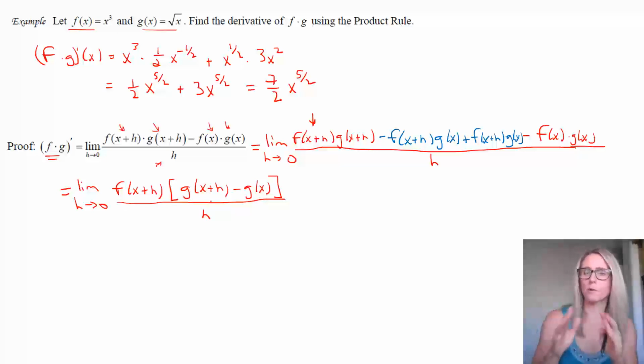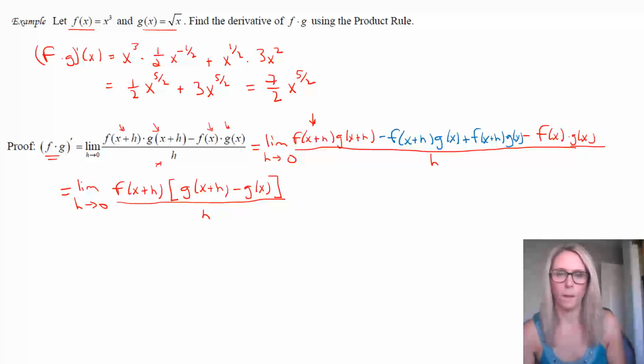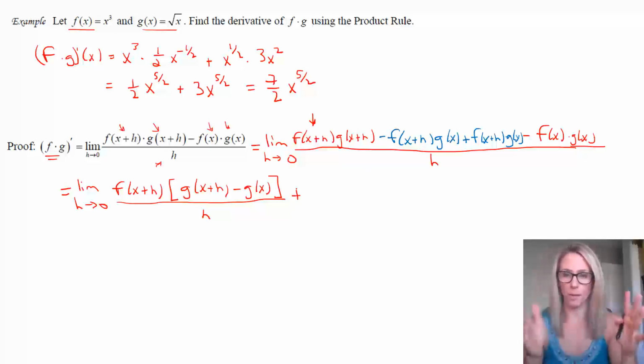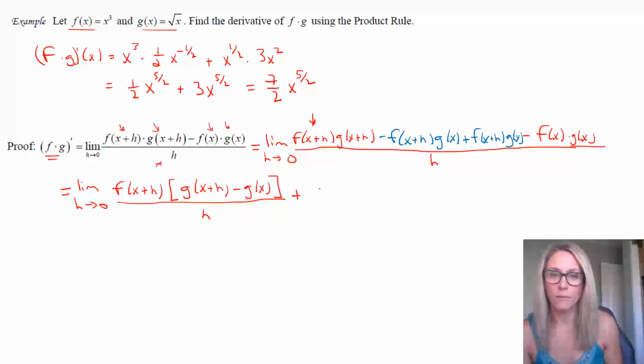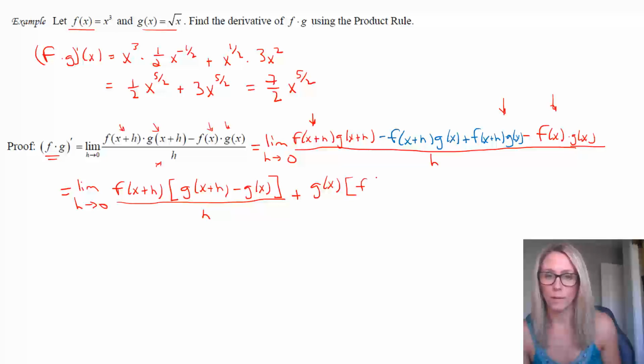And then, because the numerator is just adding and subtracting, from the second two pieces, I can now separate them. Again, because it's all just addition and subtraction. I'm going to factor out the g of x from the second two terms. See what I have left. So notice I'll have f of x plus h. All I'm doing here is algebra right now. I'm just doing algebra, but I have this all over h.